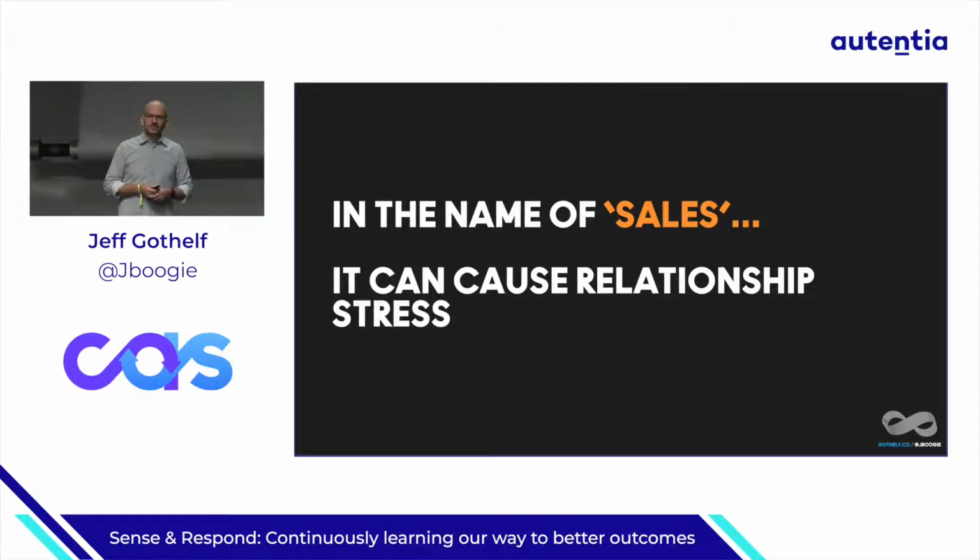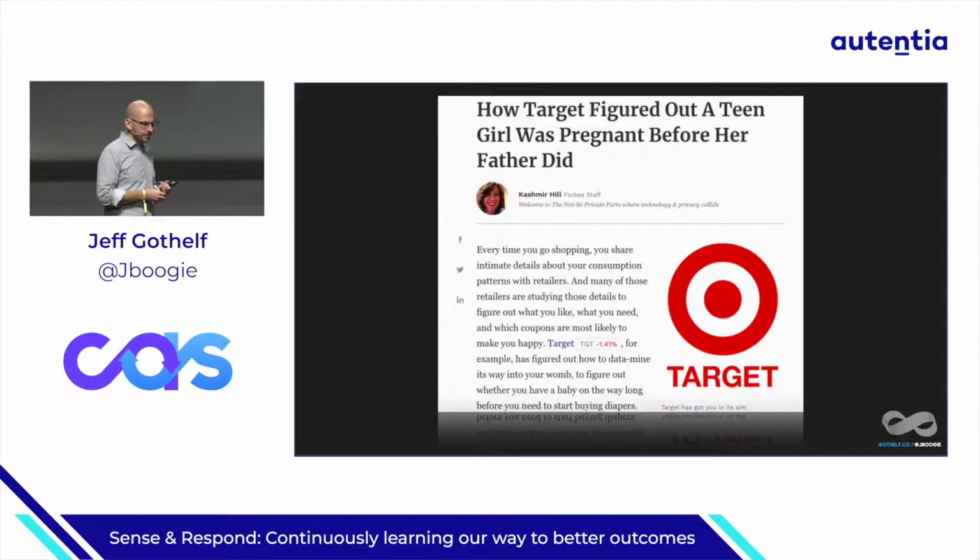Sales. We all want to sell stuff. All of our companies sell stuff, right? Super interesting story. Target is a big department store in the United States. They do a tremendous amount of big data analytics and predictive modeling. They know, based on your shopping patterns, especially women's shopping patterns, when you're pregnant. They know when you start buying different things, even before you tell anybody, when you start changing your buying patterns, they know when you're pregnant, and they start advertising to you